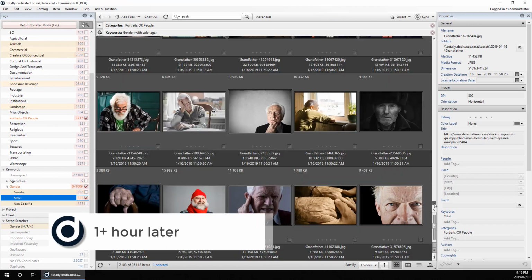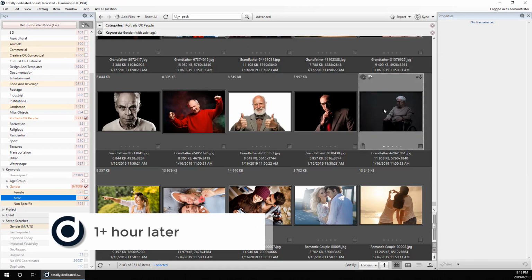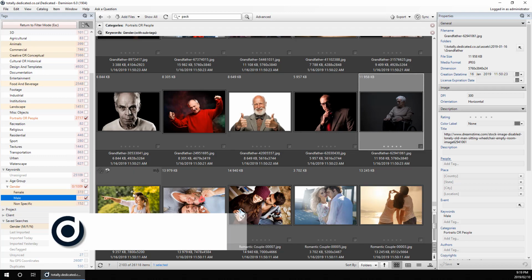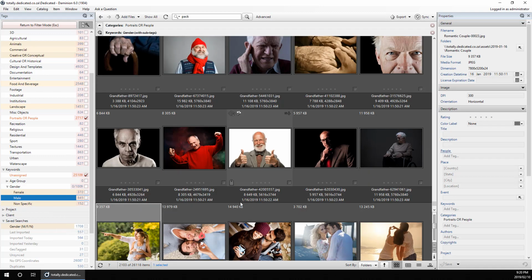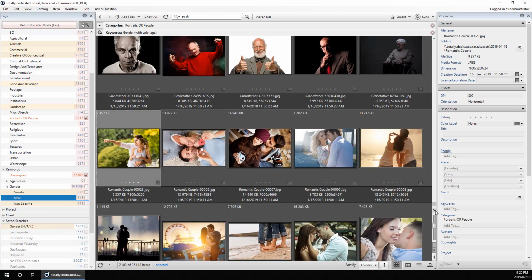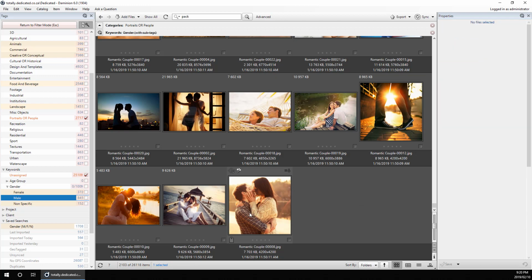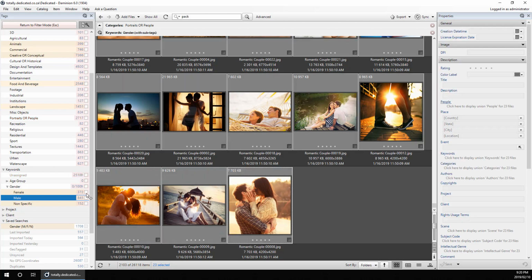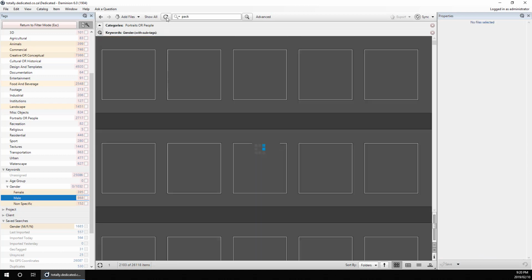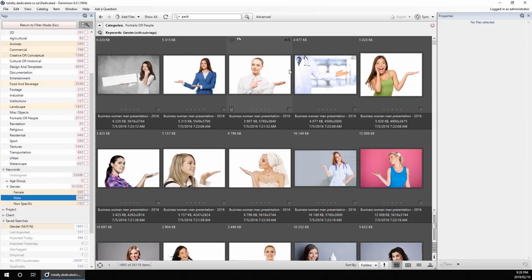Right, and then let me just get to the last lot here. Okay, grandfather, I've tagged that as male, and then let's jump through these. That's all couples, so that would be both male and female. Right, so now that I've gone from top to bottom and isolated all the male, the non-specific, and those which contain both male and female, if I refresh my search now, what should essentially be left is only images of female